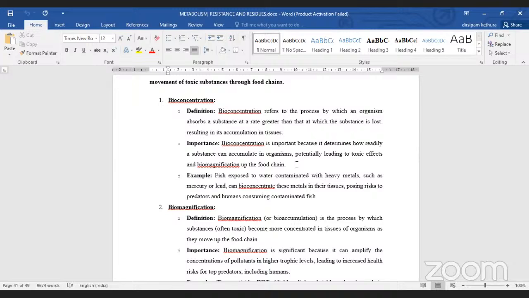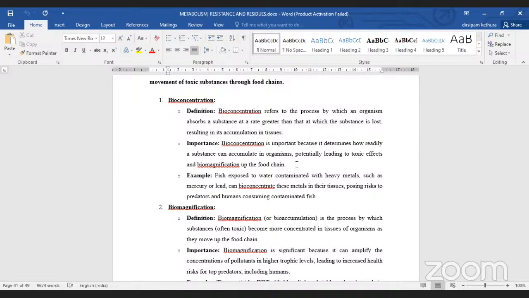Simply, we can call it as accumulation of substances is called bioaccumulation. Okay, that means once the pollutants enter into the organism, there will be no detoxification, there will be no degradation in that organism, and the pollutant remains in the organism for a longer period of time, and that itself is called as a